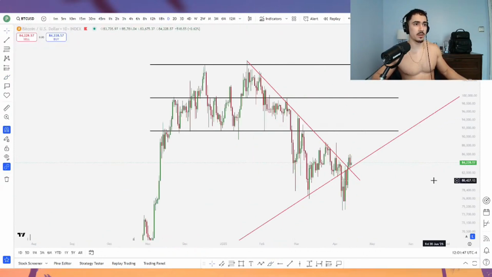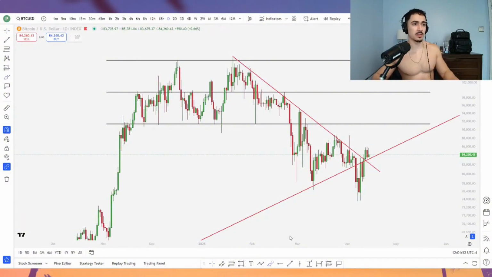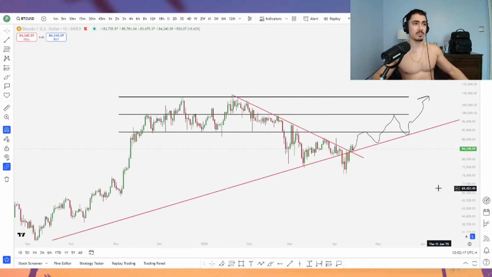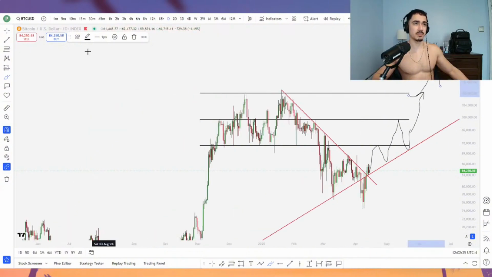Here's number 3. And the one that we would love to see. Okay. And if we run it back turbo, it's going to look like this. Now we could do something like this. Reject maybe the first time. Come back down onto the bull market trend line. Pump back up into the macro range. And then you're at the very least, if you reclaim a range, you expect at the very least to go to range highs. So at the very least, I would expect Bitcoin to go up to 108,000. But if that happens, equities are likely trading at all-time highs again, or at least about to break through. And I would expect that next move up higher.